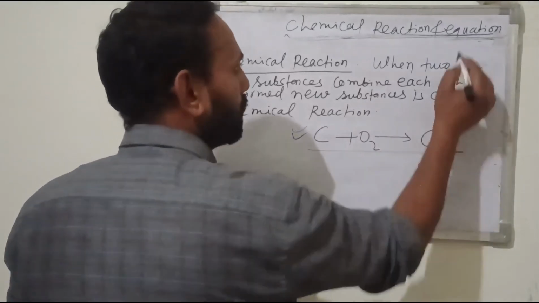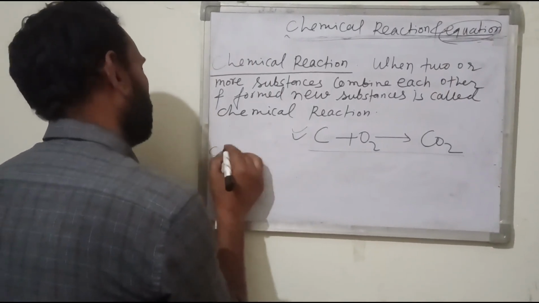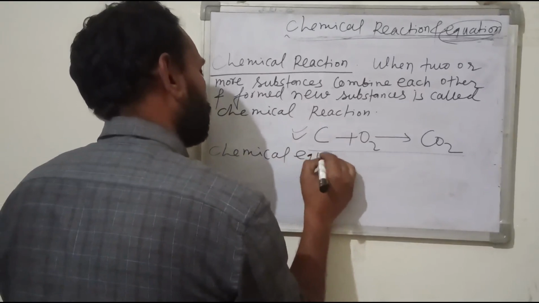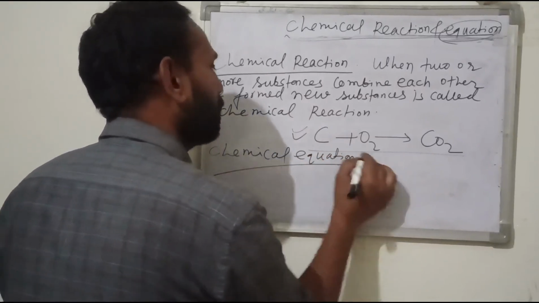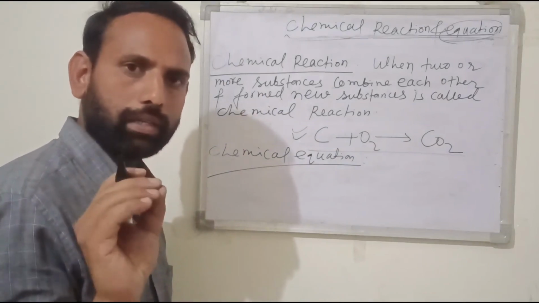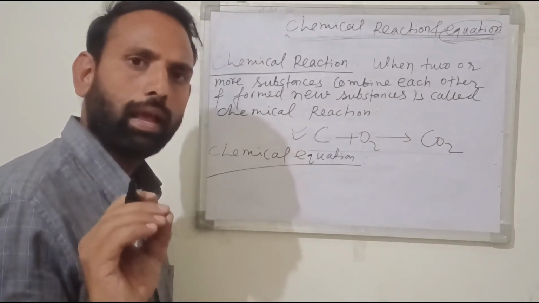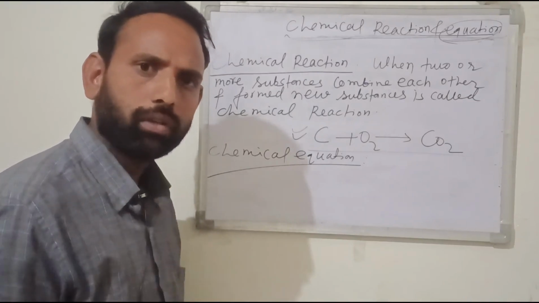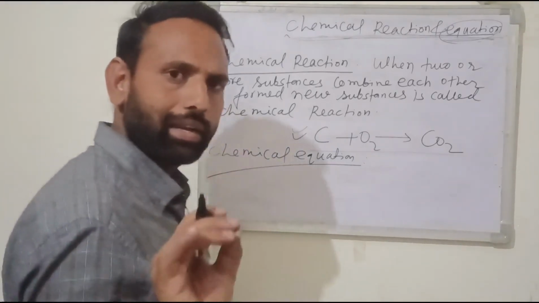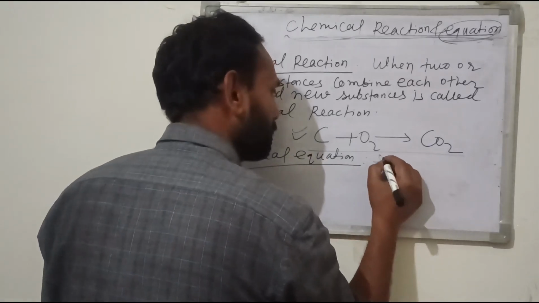Okay, now explain about the equation. What is the chemical equation? Okay, I am writing here about the chemical equation. I will also explain it. What is the chemical equation, students? Symbolic representation of chemical reactions. Symbolic representation of the chemical reaction in terms of symbol and formula of the reactant and product is called the chemical equation. What is the reactant and product? Just I will explain it.